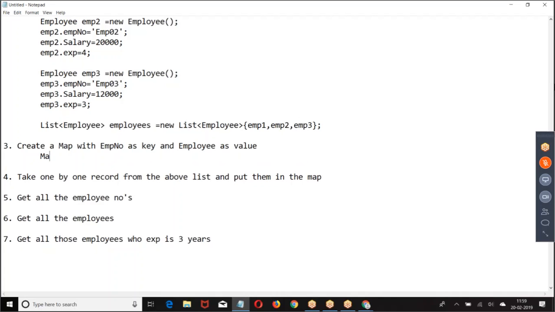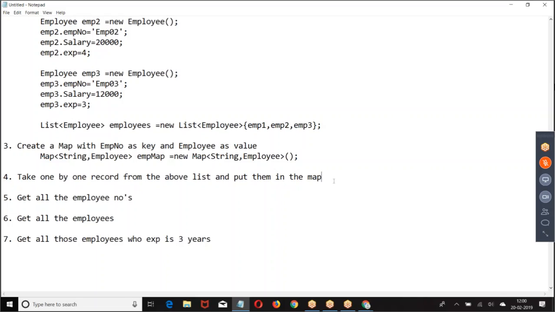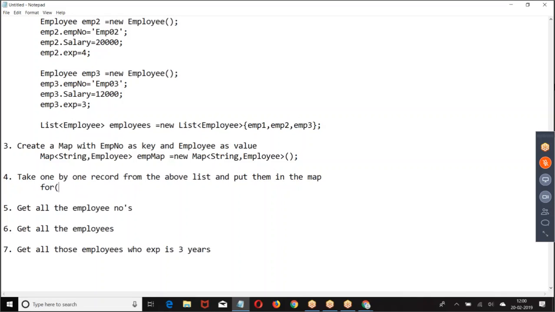Now, what is our key? Map of String... employee number is the key, employee is the value. When I say employee, it's a complete record. Then how do you insert the data?